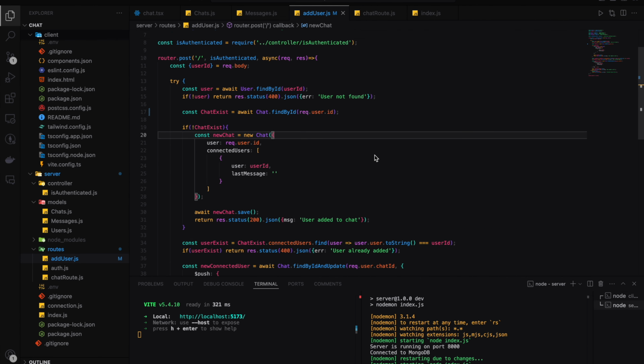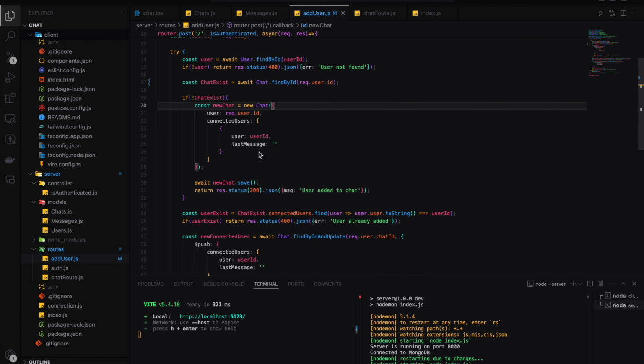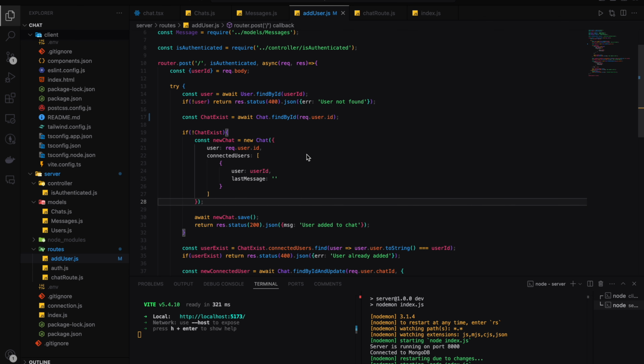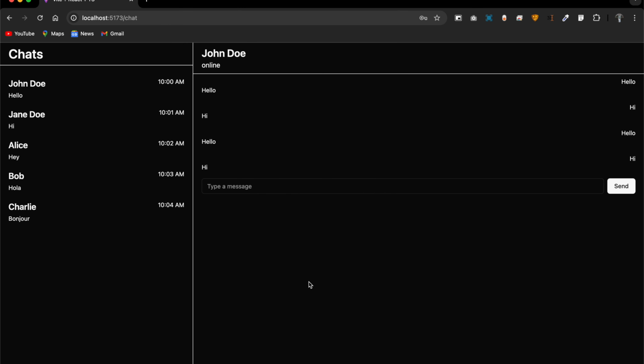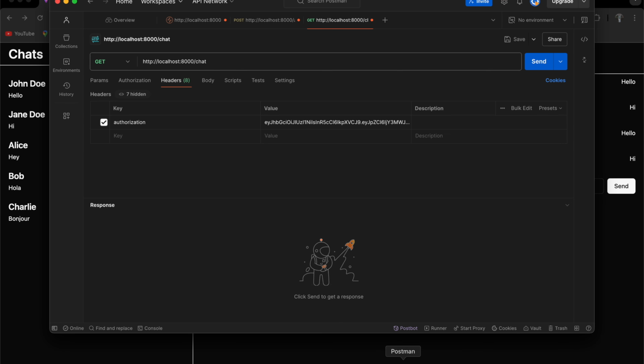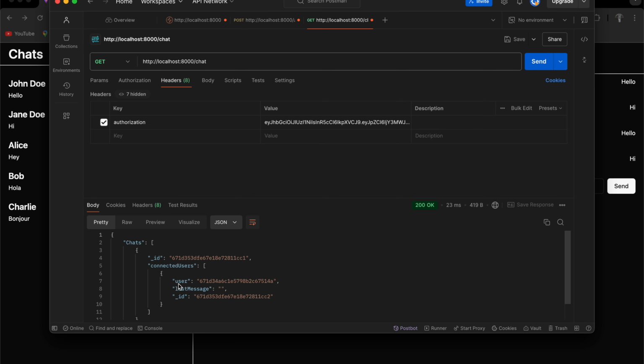So here in the add user, if you see, if the chat does not exist, then it creates a new chat for the user who requested the chat, not for the user who didn't request the chat. So let me check that. There is an authorization for user 1 and I send it, then you can see I got a chat. But